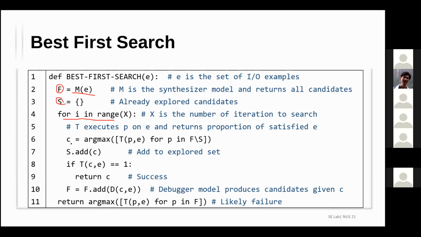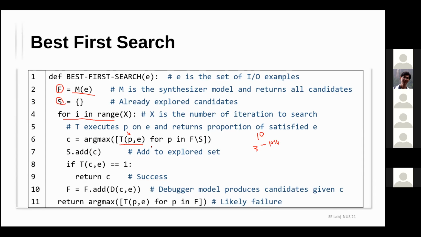So what happens is they actually execute the program. For every program in F, they execute it on all the examples, and they test to see how many of the examples it satisfies. So let's say I have 10 examples and I have 3 programs. Some of them maybe can only get 10%, some of them maybe 80%. After that, they take the max of it to take the best